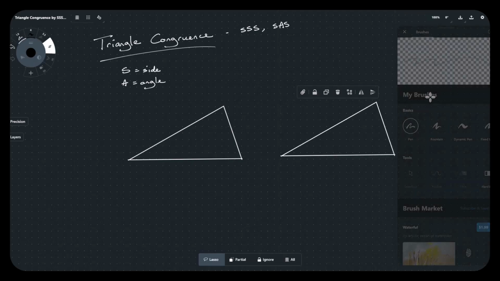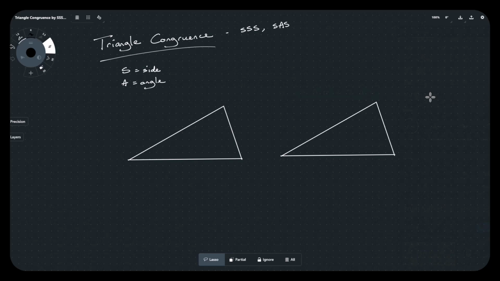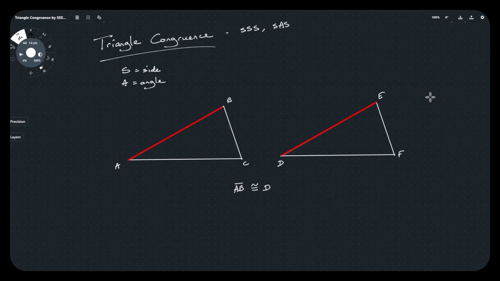So if I have a triangle here, A, B, C, and here triangle D, E, F, then if these are going to be congruent, then side AB has to be congruent to side DE, side BC is going to be congruent to side EF, side CA is going to be congruent to side FD,